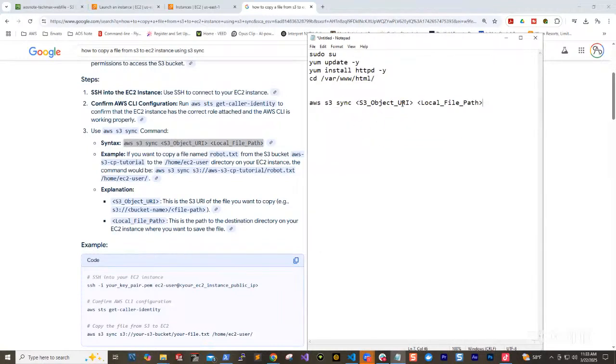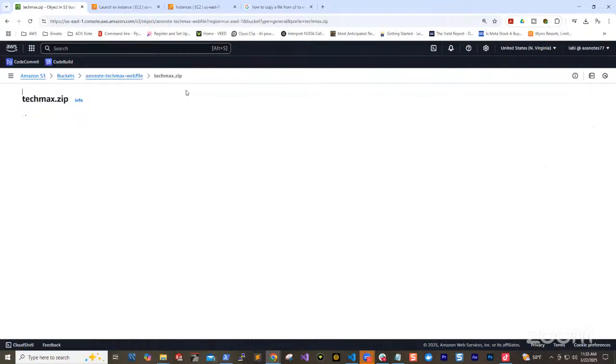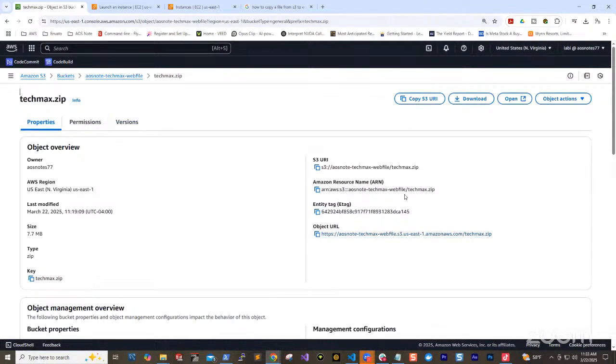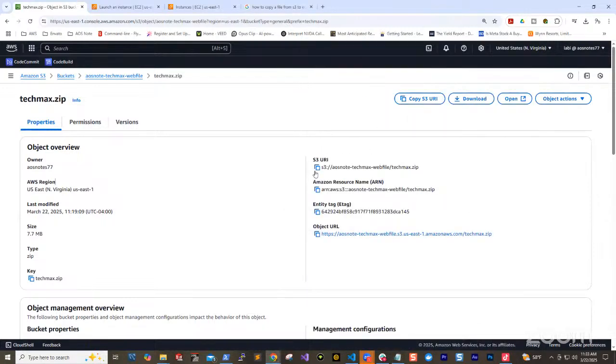So it says this has to be our object URL. So if I go to my S3 bucket, this is the object that I'm trying to download, right? And this is the object URL. You see it here. So we copy it, and yeah. Oh no, not object URL. It's the object URI. Sorry. So the object URI is here. So you copy